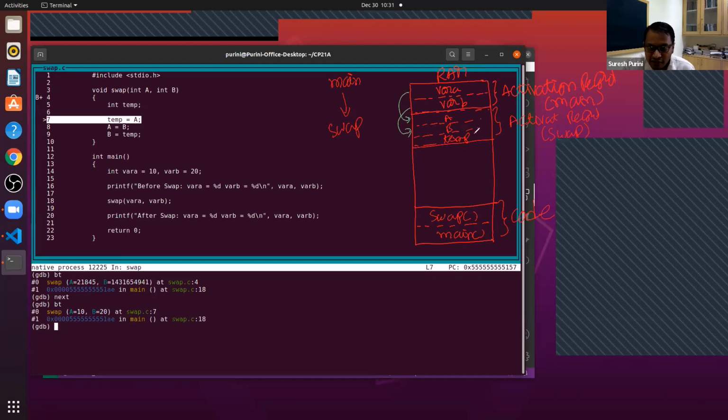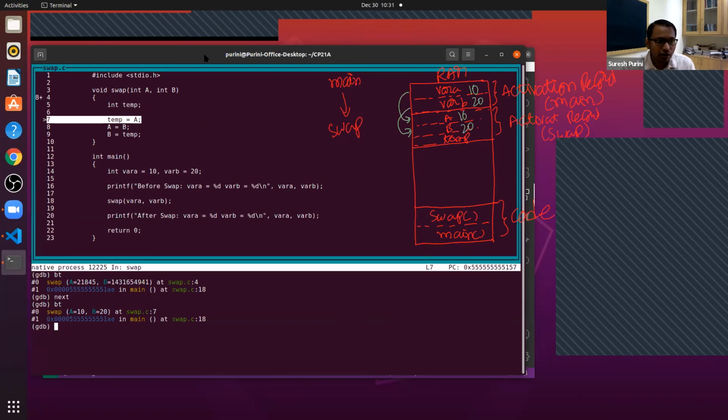Now in this function, when you do the swap, here the value is 10, the value is 20. So they are initially copied. So you get 10 and 20.